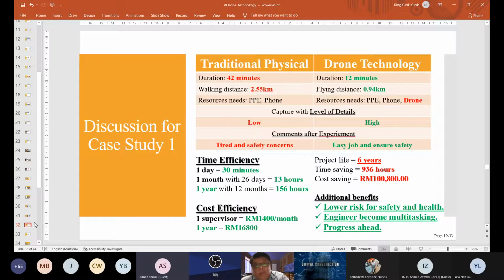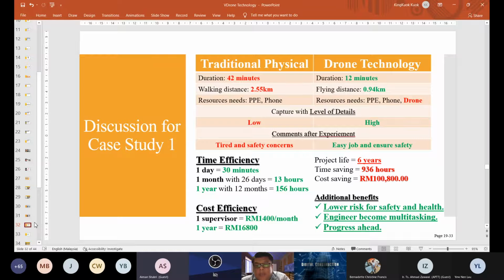Let's say this is, sorry to say that, a very calculative boss, then we will try to omit the number of site supervisors. And then a site supervisor, one person is 1,004 per month. 1 year is 16,800. So if the project lifespan is 6 hours, the total time of saving will be 936 hours. The cost saving for employing the extra one supervisor will save the cost of 100,800